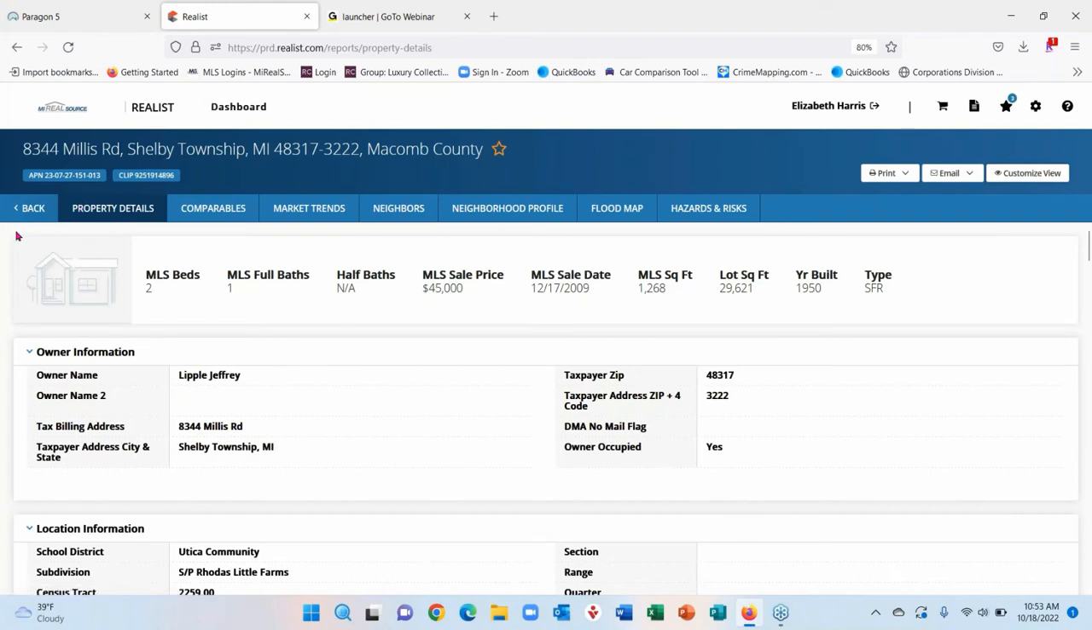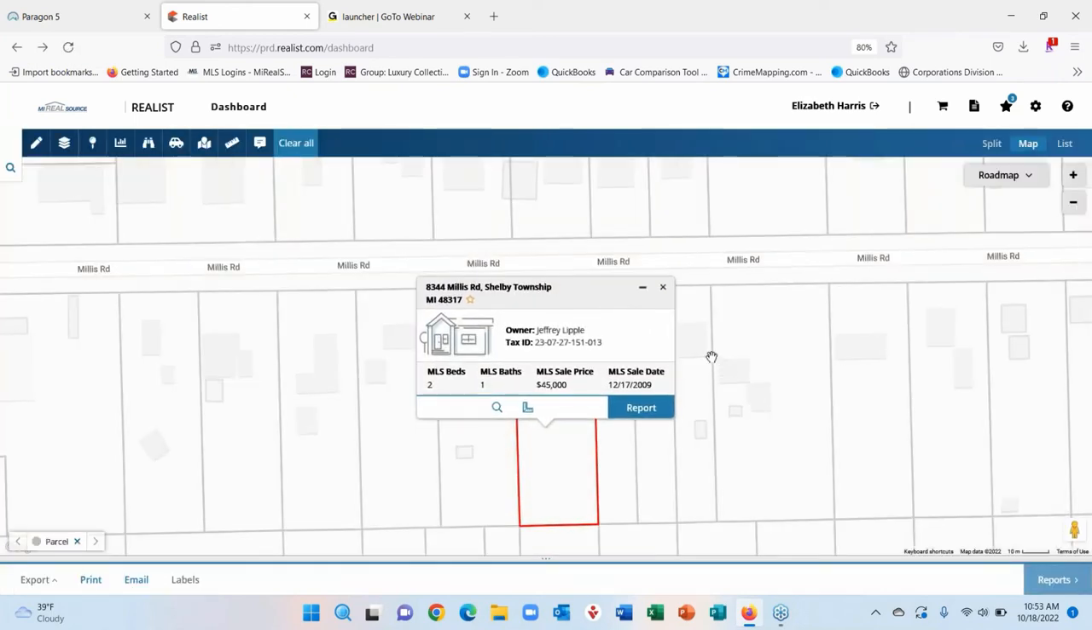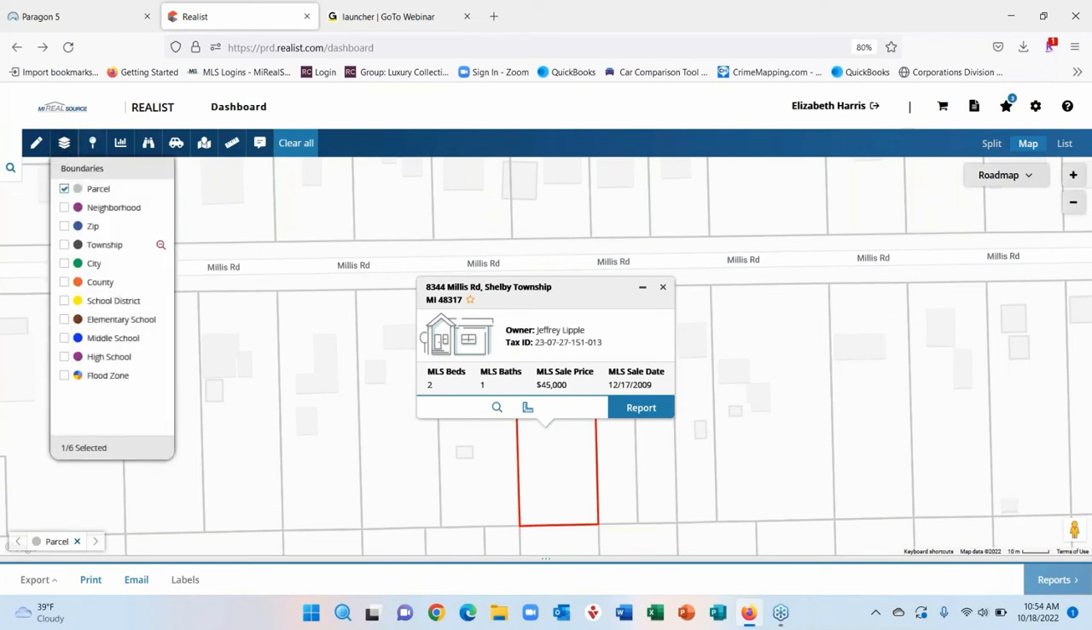Okay, so I'm going to hit back here on the top left, and it will take me back a step. So all I did here again was just left click on any of my parcels. So if you want different boundaries set up in here, go up to your boundaries at the top again, and so maybe now I want to see schools. This is really good if your client's looking for a specific school district. You can select school